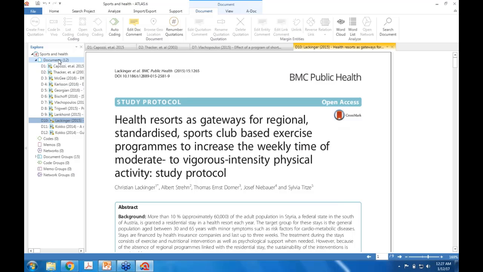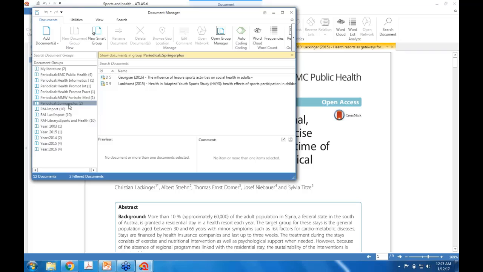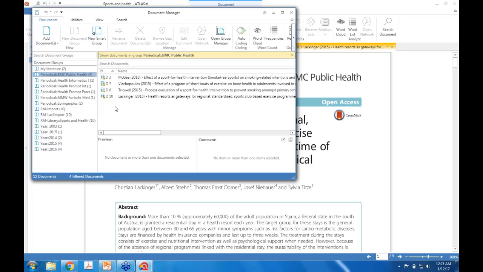Okay, and when I open my document manager, just to show you that the groups have been created based on the year. Okay, you will see based on the year, 2016, 15, 14. Okay, this one I have added manually just now. Okay, and periodical, 2 documents published in Springer Plus, 4 documents published in BMC Public Health, which is very, very